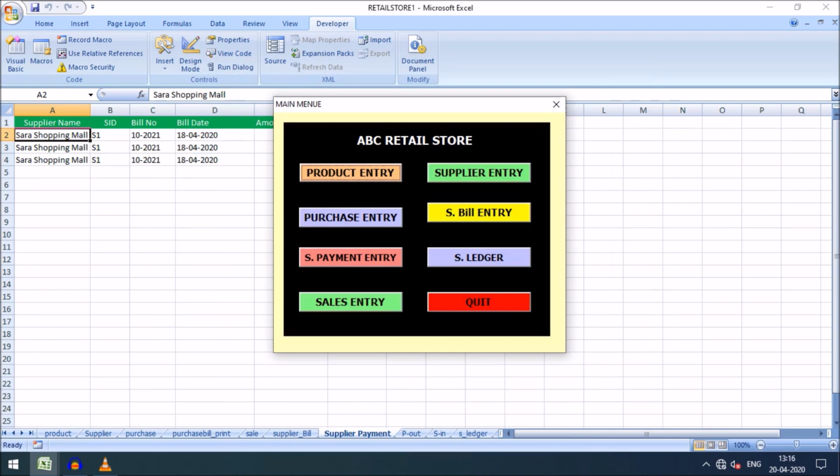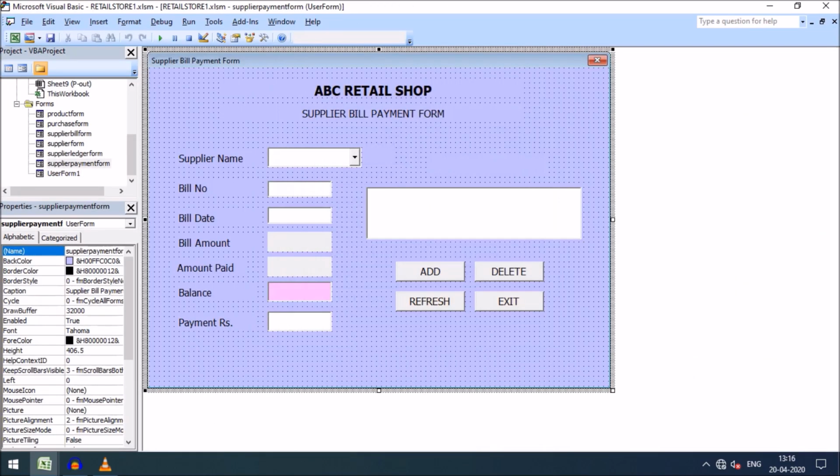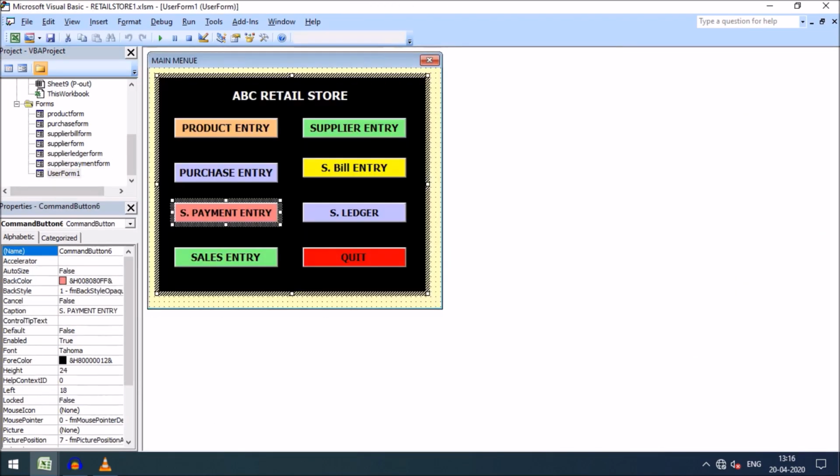And if I click on the exit button here, then S payment entry has been done. So click on the S payment entry. No code has been written, so I can write the code here.